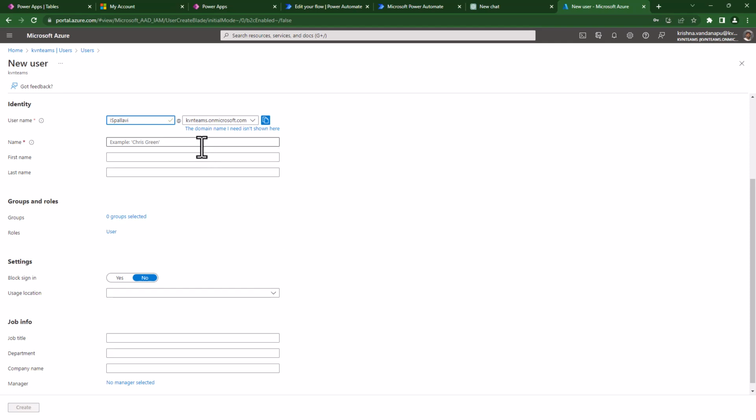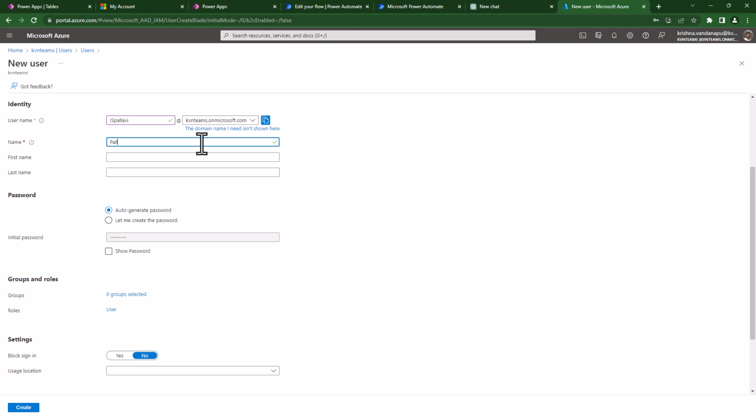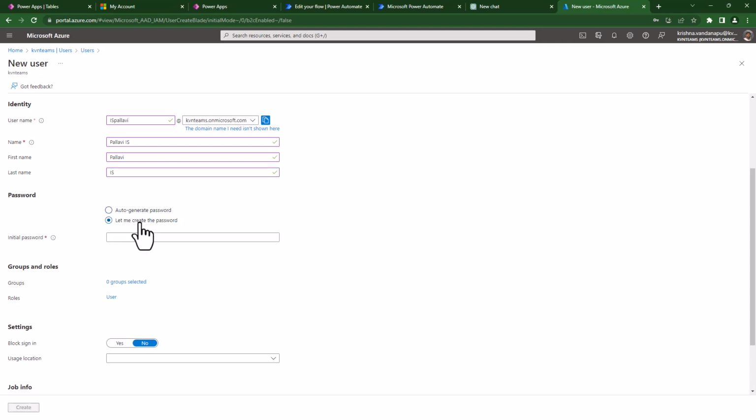IS Pallavi, and the first name is Pallavi. Second, last name is IS. Let's say that. I don't want to generate the password automatically. I want to define a password for my user, because if it generates automatically, I don't know what's the default password it generated, right? So I will provide my custom password so that I can share it with Pallavi ma'am